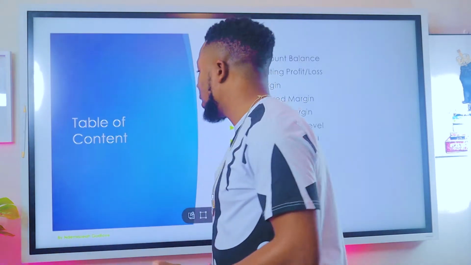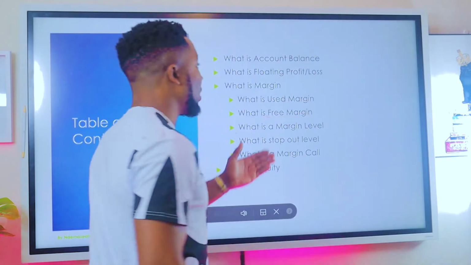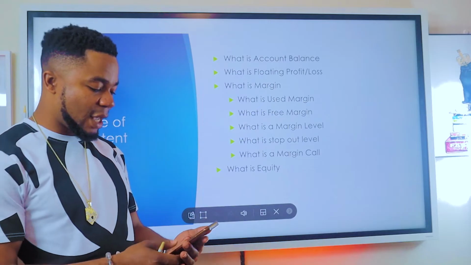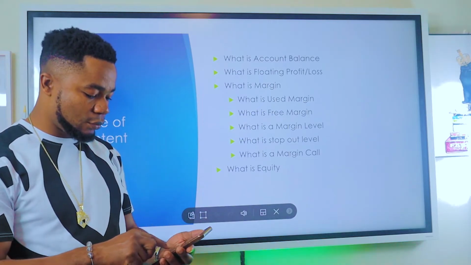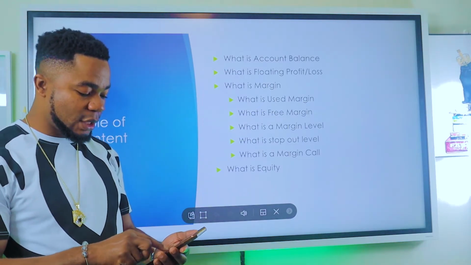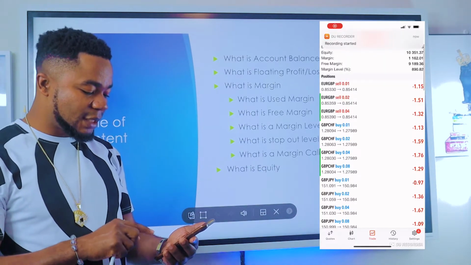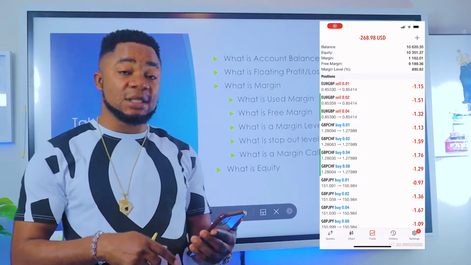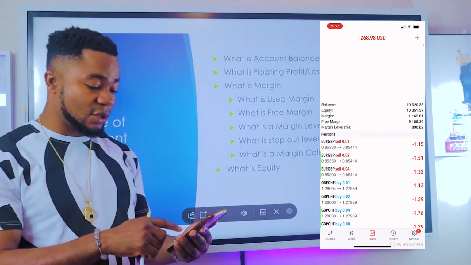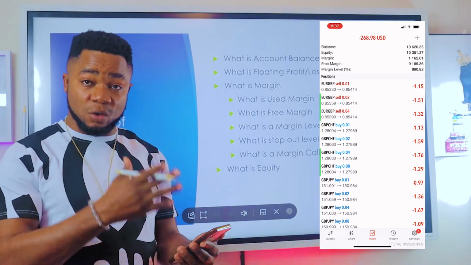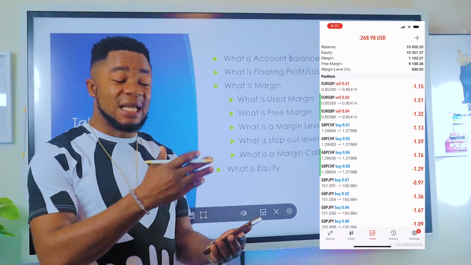And talking about Forex Accounting Simplified, we're going to be talking about things like what is your account balance, because anytime you open your MT4, like this, let me show you, you should be able to easily know these things. Let's just go to MT4. So anytime you open your MT4 and you see trades running like this, even though the market is actually closed now, on my MT4 you can see some trades